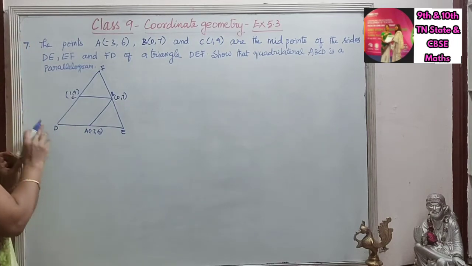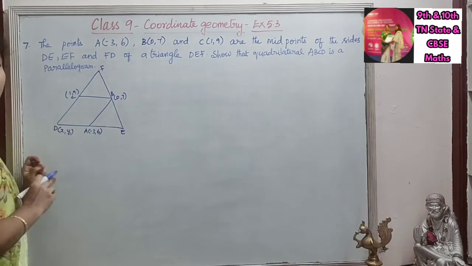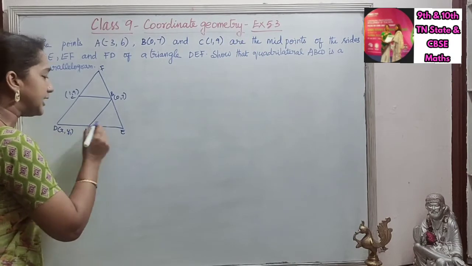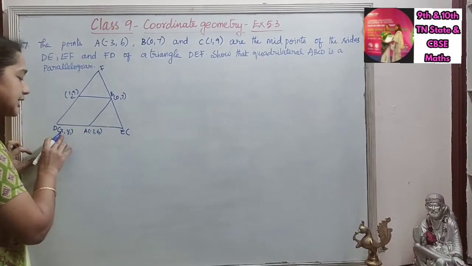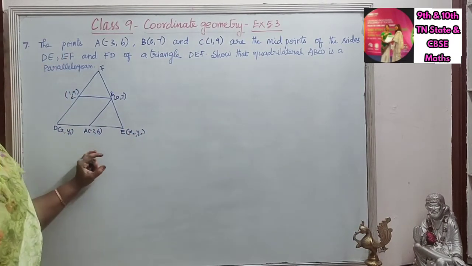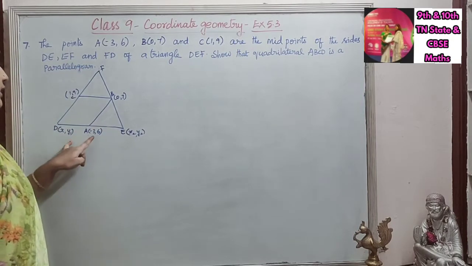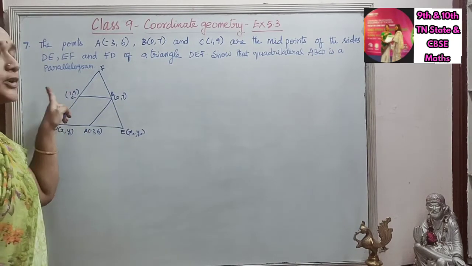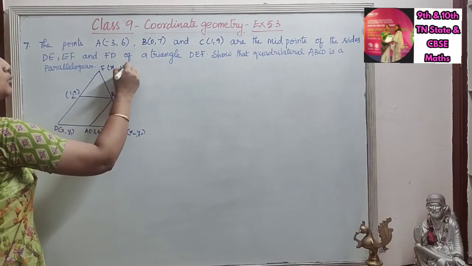So first we will find this coordinate point. We will take it as x1, y1. So this point alone we need to find. For finding that, A is the midpoint of DE. So we will take D as x1, y1 and E as x2, y2. For finding this value, we will write the midpoint formula and equate it to -3, 6. The same way for the other 3 sides also we will do. So this we will take as x3, y3.